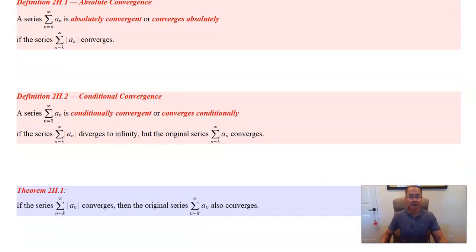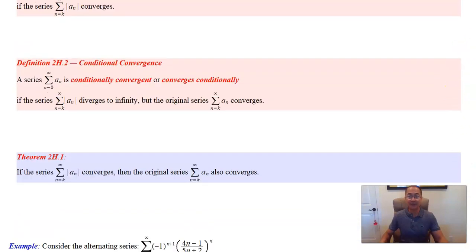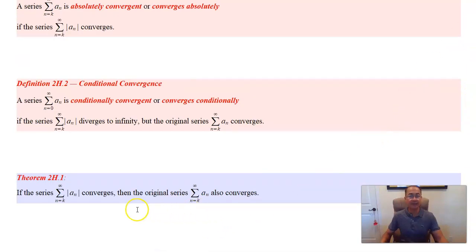Now, these are good definitions. In particular, the definition for absolute convergence is a great definition, because if a series is absolutely convergent, then the original series without the absolute values is also going to be convergent. So this means that you don't have to test it separately. This condition is a much higher bar. If you pass this condition for the absolute values of the terms, then the original series without the absolute values also converges. All right, so with that review, let's go to our PDF and review the ratio test, because